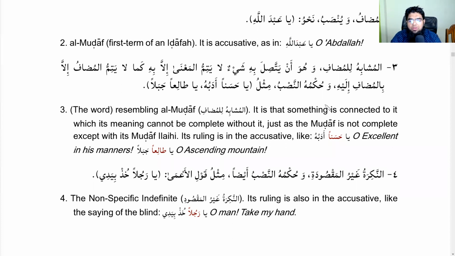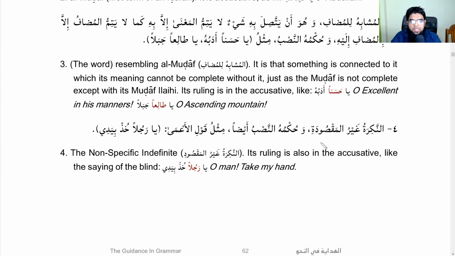Because ismul fa'il, ismul maf'ul and all that, sifatun mushabbah, they can take fa'ils and maf'uls. So here also you have to make it mansoob. Ya hasanan adabuhu, Ya tali'an jabalan. And then the fourth place,